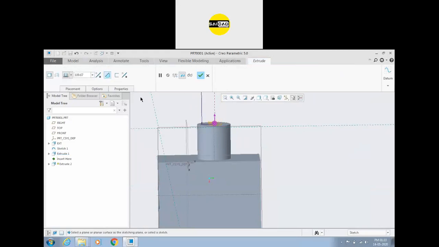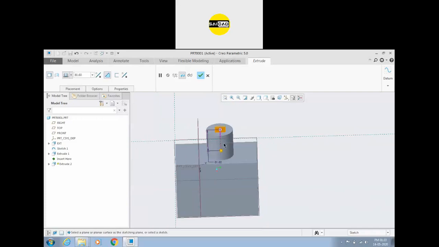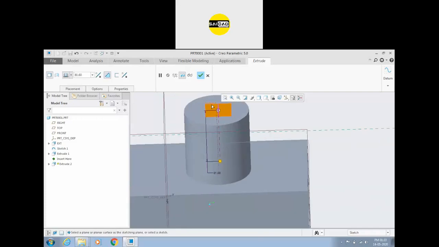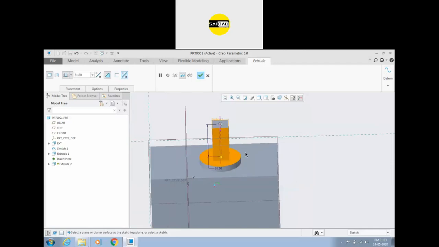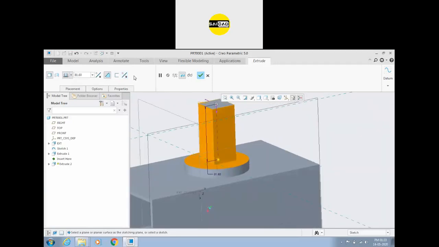So if I remove the material in the direction, you can see that the inner material will be removed. But if I want to keep this shape and remove the outside material, then we have to press this, change the side of direction, material direction, so we can keep it like this. Just click this button, and it will change the direction of the cut.